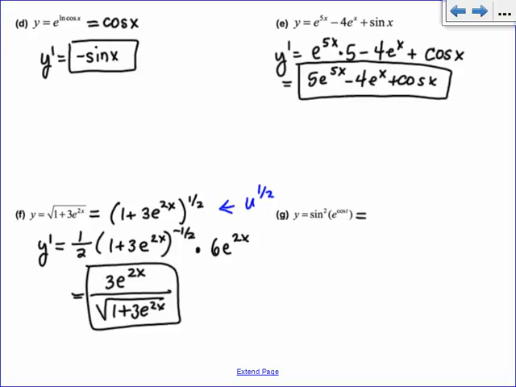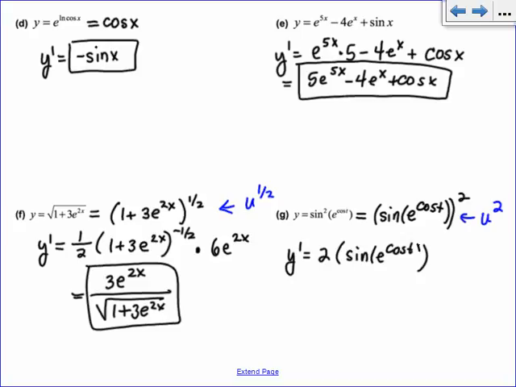And this one, woo-wee, this is chain rule to the extreme. So we have sine of e to the cosine of t squared. So right now it's in the form u squared. So when we take the derivative of something that's in the form u squared, it's just 2u. So we have 2 times sine of e to the cosine of t,